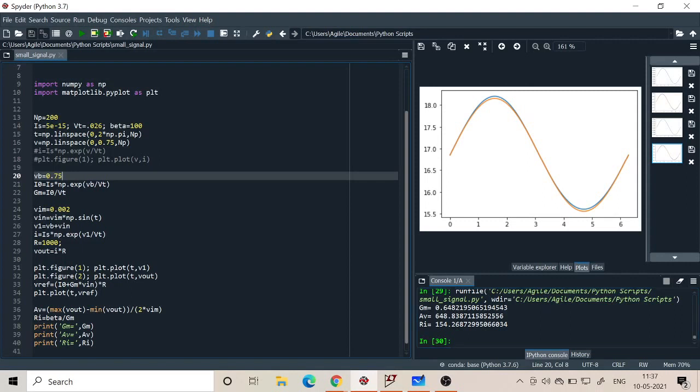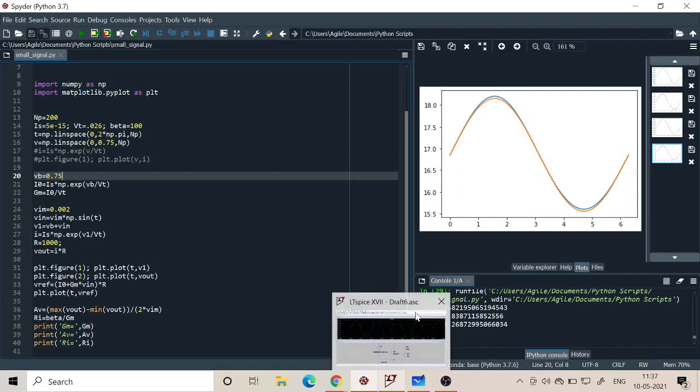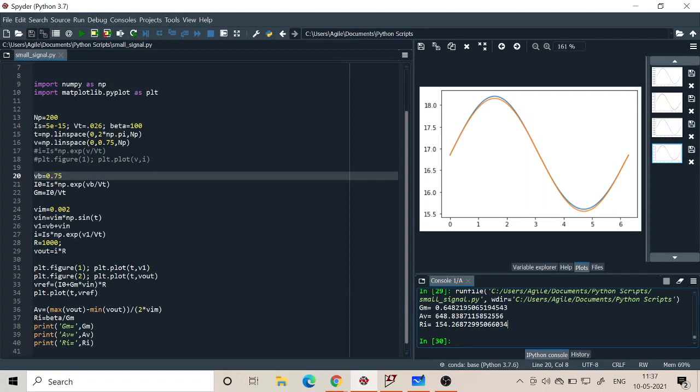Okay, my fluctuation is still 2 millivolt only, positive and negative fluctuation is only 2 millivolt. I am not changing that, but where I am making that fluctuation, is it at 0.65 or is it at 0.75? Though it is a small signal, I can do that variation with different DC voltages, so that will vary my gain, and so the gain is very much dependent on what the DC voltage is. The GM depends upon the transconductance factor, that depends upon where my biasing voltage is.